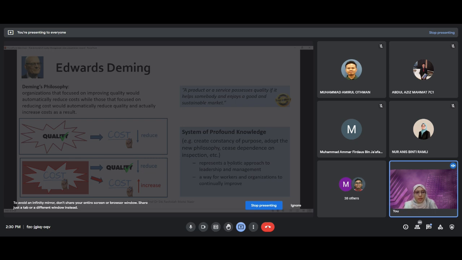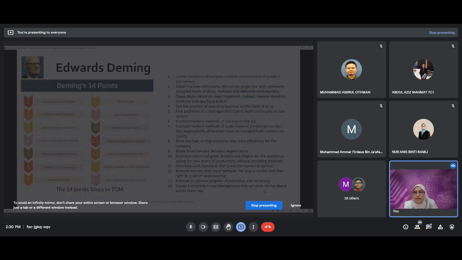So the profound knowledge of Deming represents a holistic approach to leadership and management, and it is a way for workers and organizations to continually improve. Deming also established 14 points, steps to total quality management. So these are all the 14 points,